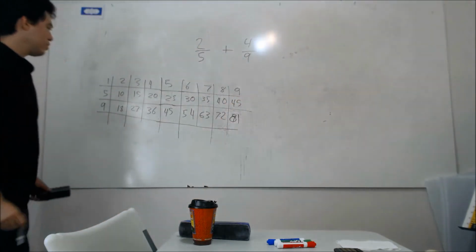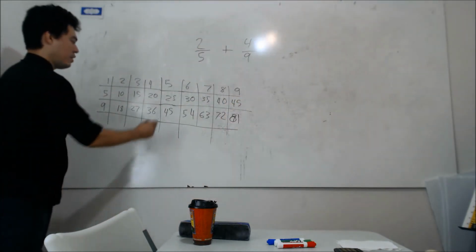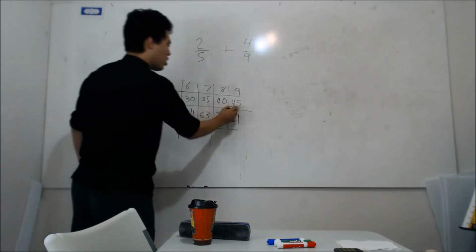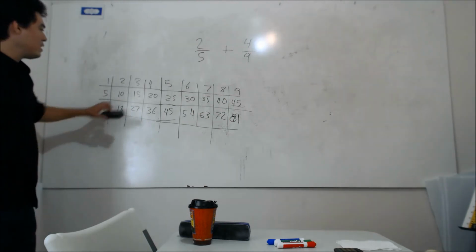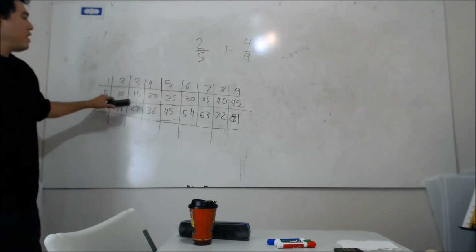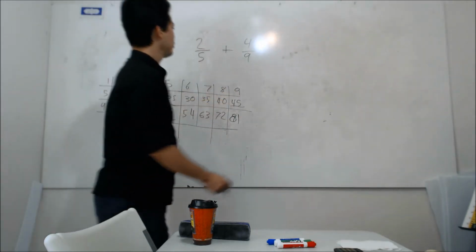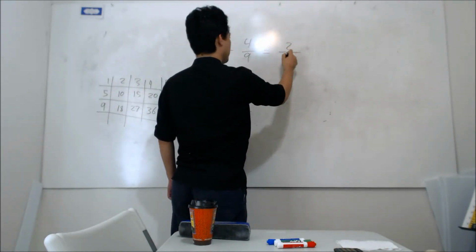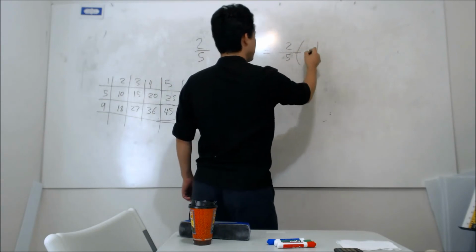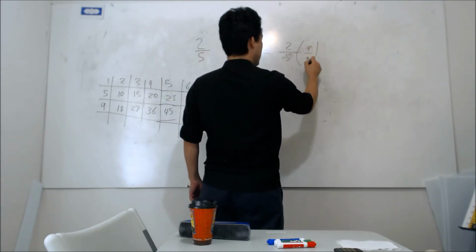Now if you look at these, aha, we got it. 45. That's going to be our common multiple, our common denominator. We have to multiply 9 times 5 to get 45, and 5 times 9 to get 45. So here, we're going to equal that to 2/5 times, in this case, we're going to multiply by 9/9, because